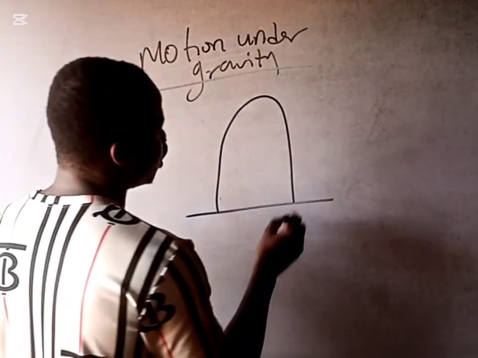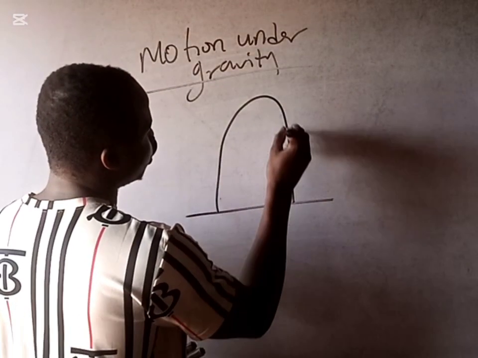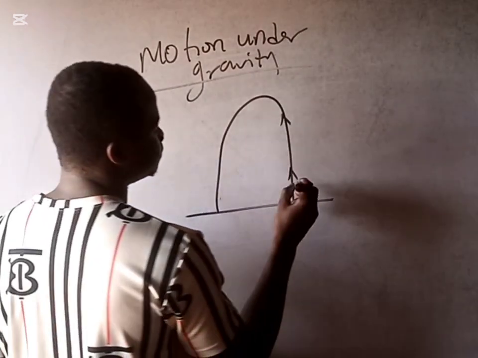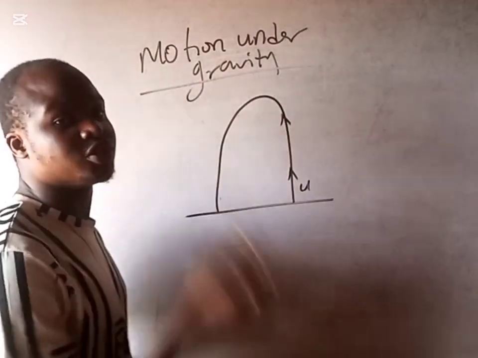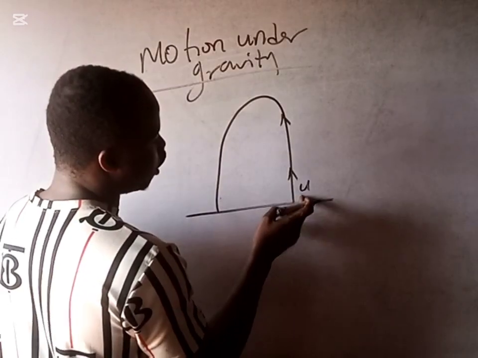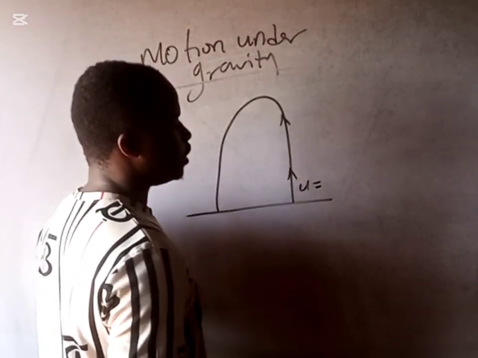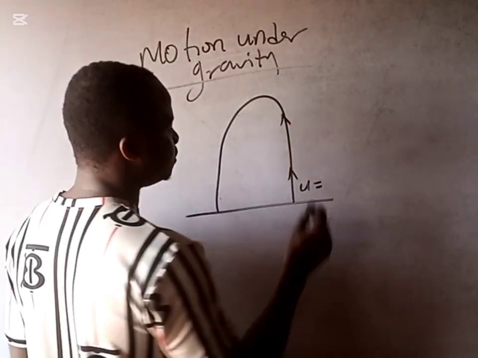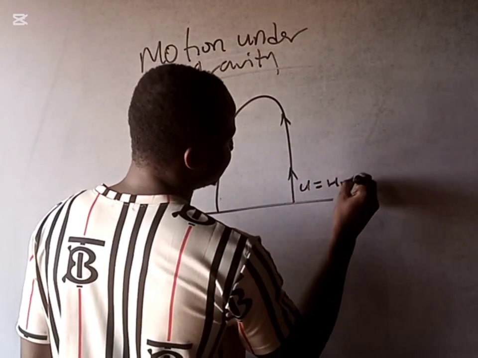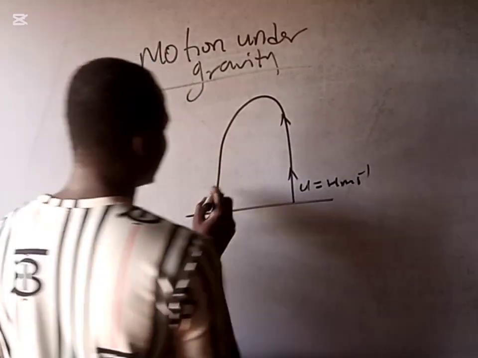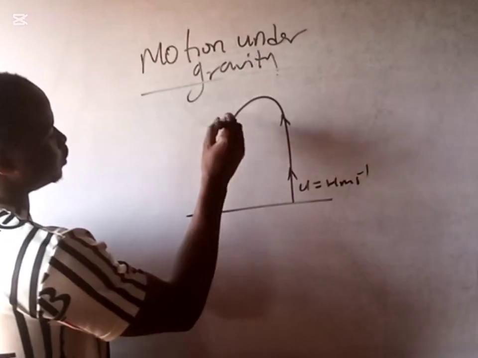Now, if an object moves vertically upward, there is a force powering it. So the force is initial what? Velocity. The force is what? Initial velocity, U meters per second. Is that clear now? So when the object lands,